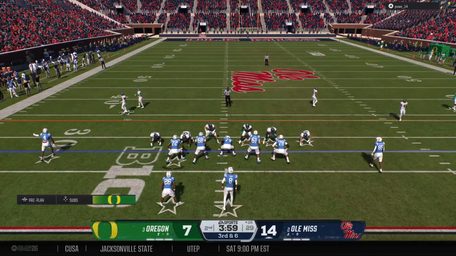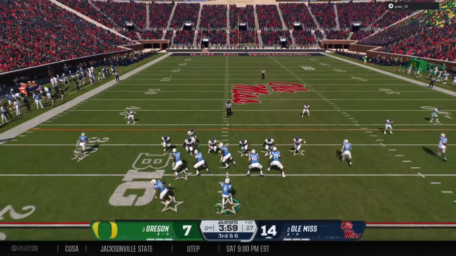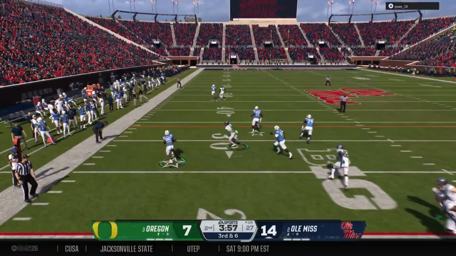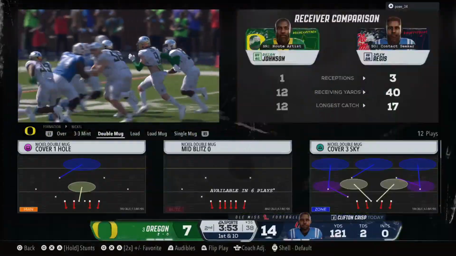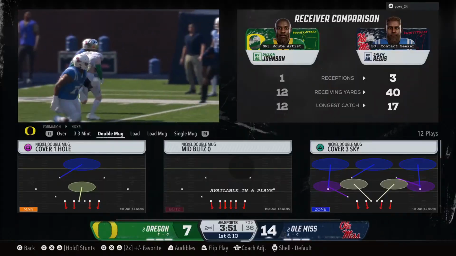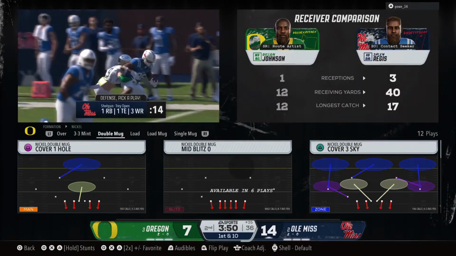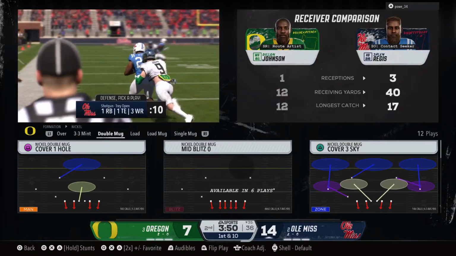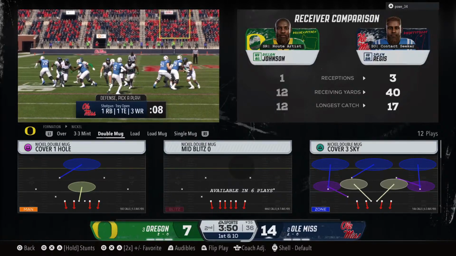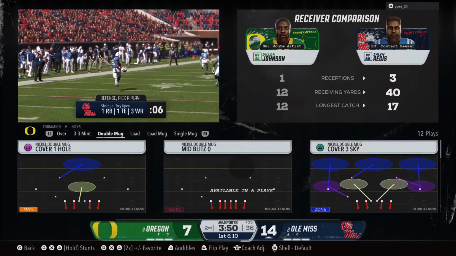Offense facing a third and long from the 28. Got to have your pass protection in order in this play. Here's a throw underneath to the back. An effective play. Good for a first down at the 35. Chris, sometimes the quarterback's just trying to find the open guy and get him the ball. It's exactly what he's able to do here. Found a way to pick up the first down.